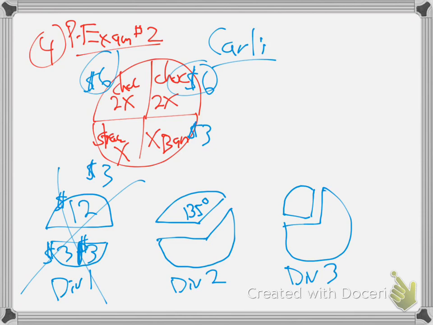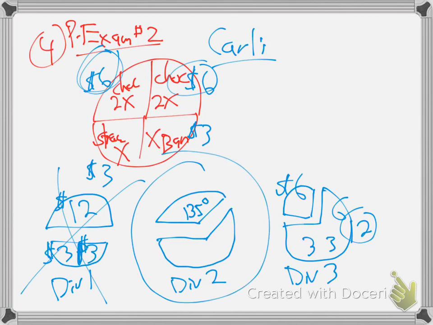Number 2 looks kind of tricky. Let's go on to number 3. We'll come back to 2, because 2 is the answer. Why will she not cut number 3? Well, we already know this is worth, look at the chart here, $6. This is worth 6, 3, and 3. So the bottom part is 12, that's 6. No, she won't do that. They wouldn't be equal. So it's got to be division 2.